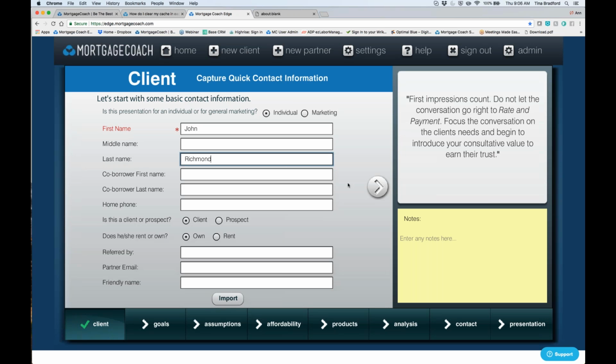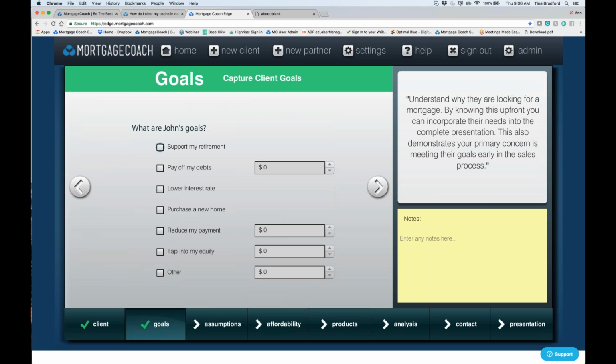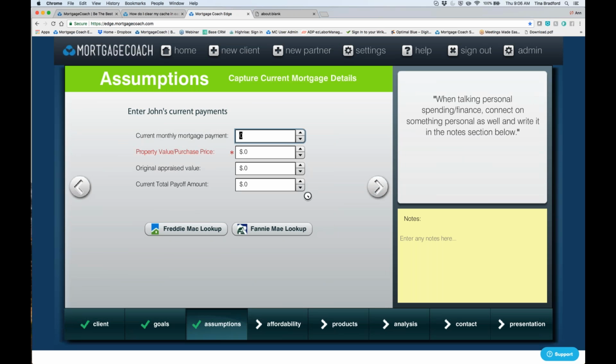I'm just typing in a name. I'm going to go forward. I'm going to choose purchase a new home. But now when I move forward, oh no, it didn't clear my cache. Property value, purchase price. Let's see if I put it in, if it drops in. There should be a new field right here. Let me go in really quick and try one more time.